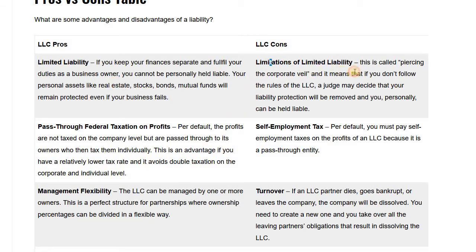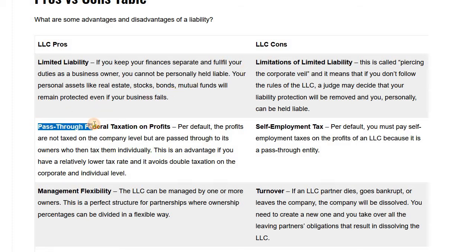On the contrary, we have already discussed that there is this notion of piercing the corporate veil, which means that the limited liability protection can be removed theoretically, and in many cases, if business owners just do illegal things, they are not protected by the limited liability. They can be held liable personally.